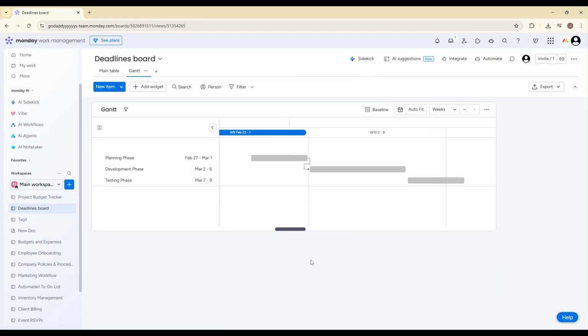And that's it. You now know how to add deadline columns, create multi-day timelines, enable dependencies, activate automatic schedule shifts, and visualize everything in a Gantt chart inside Monday.com. When used together, these features turn your board into a powerful project management system that keeps your entire team aligned